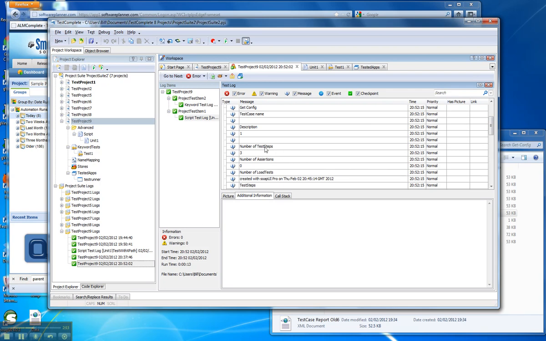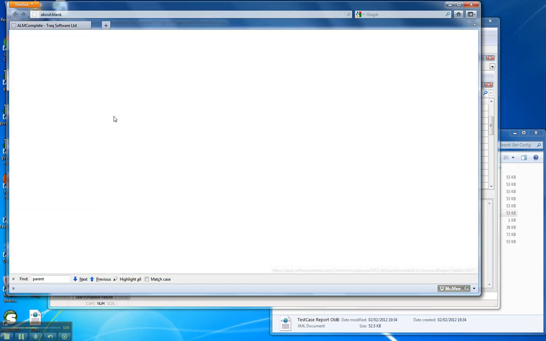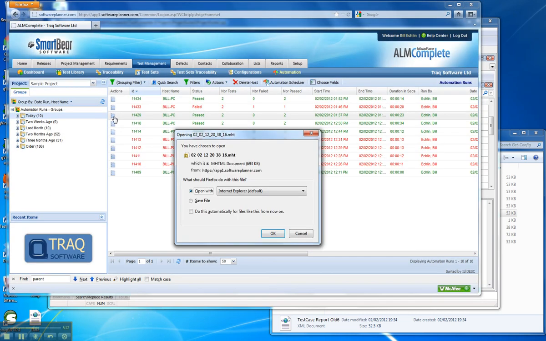That data from that log file and that test run is then passed up to QAComplete. So we'll see here any second now that QAComplete will have a new result file created up here, and we can see number of tests 2, and we've got the log file created there. If we click on one of the example log files, we'll see the TestComplete log file from within QAComplete,